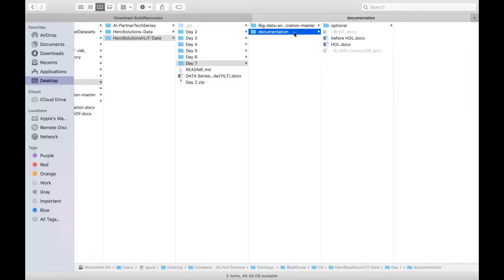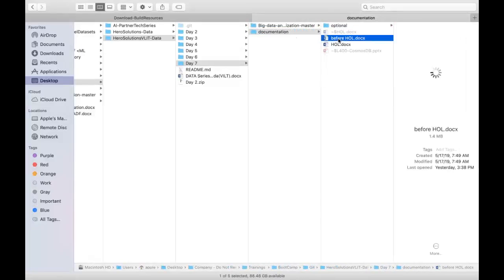Okay, and the more important thing is the before HOL. We'll see them one by one now. So today we're going to do an end-to-end workshop, starting with data ingestion and going through to machine learning modeling, and how you materialize the machine learning model. And then we go with Databricks, looking at a data engineer versus a data scientist versus a deployment engineer. So we'll define those paths here and see how it works.